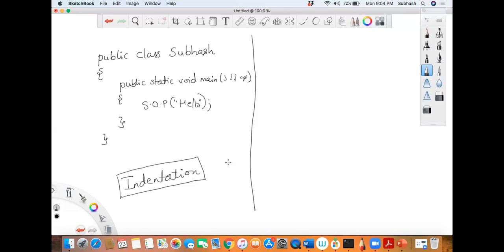Okay, so this is one way of writing. Okay, second way of writing, I'll show you how people will write. Public class Subhash, and what happens is that they will put the open brace here. This is one more way, right? Now Richie and all use this method, right? So public class Subhash open brace, and then one tab space, then you will write public static